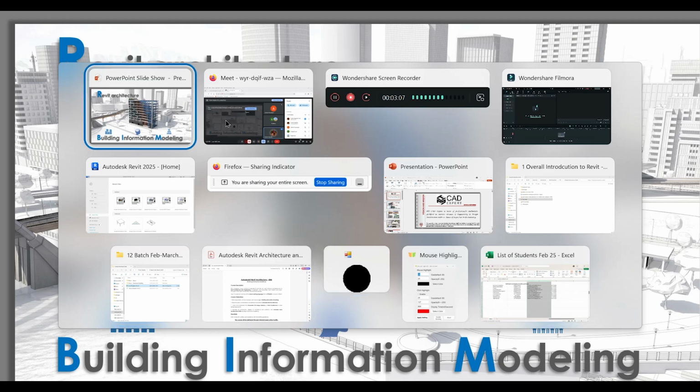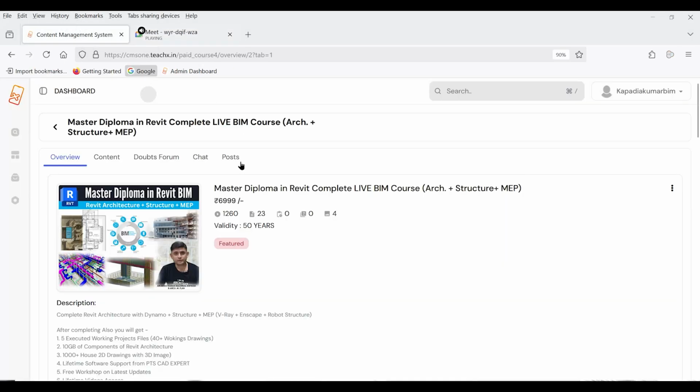So now coming back to our dashboard. This is the dashboard of our PTS app. Many of you might have access to this. The BIM students, Master Diploma in Revit Complete Live BIM students, will have access to this, under which if you just go to the content folder,